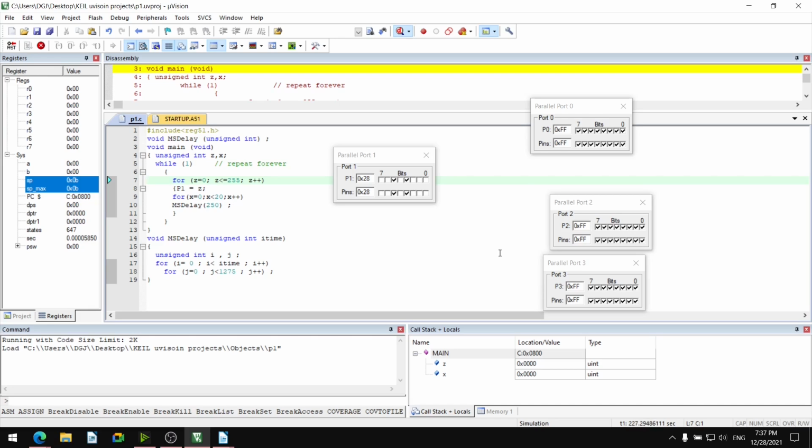Very clearly it is observable. 29, 2A, 2B, 2C, 2D, 2E, 2F, 30, 31, 32, and so on. It executes for all 255. And after 255 again it will start from 0, I think, because it is while 1, an infinite loop.